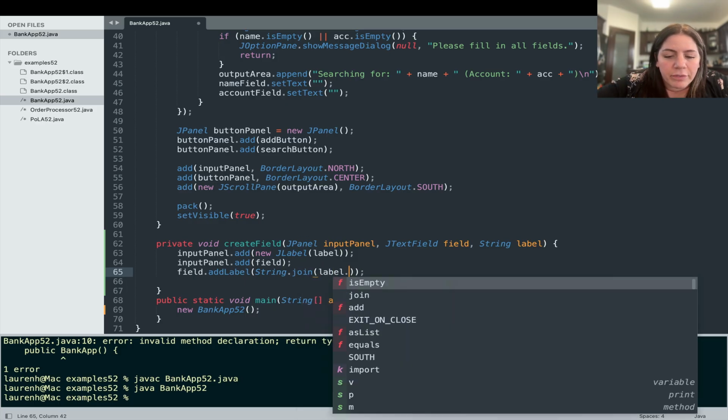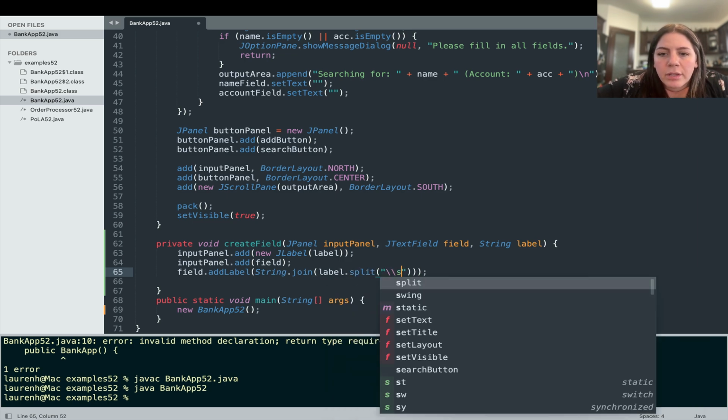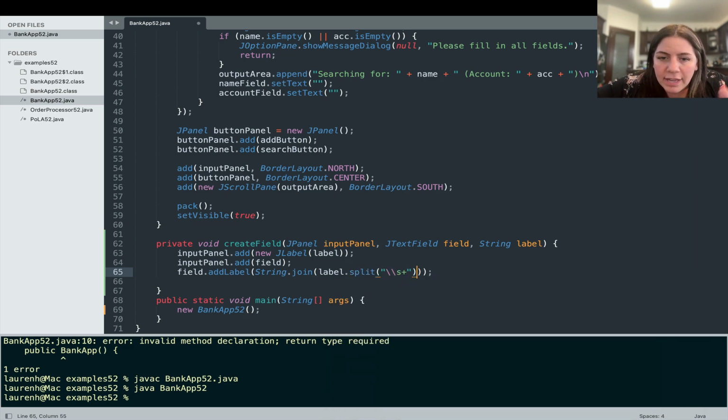That's what I get for doing this on the fly. Split on any spaces, and then take that array and join it together with no spaces between it, and then take that entire string and make it lowercase. There we go. And so now something like customer name becomes the label